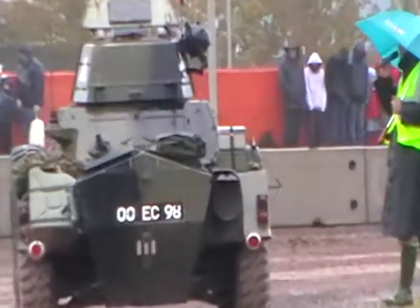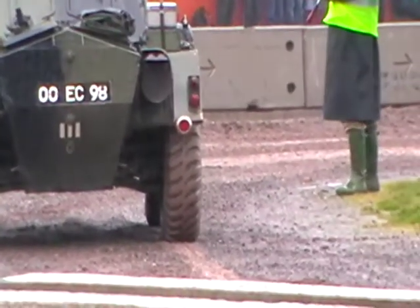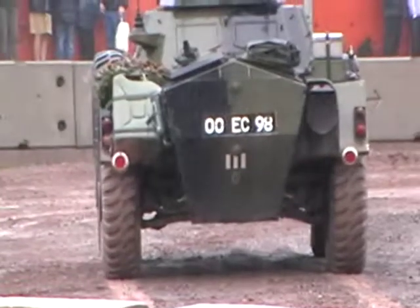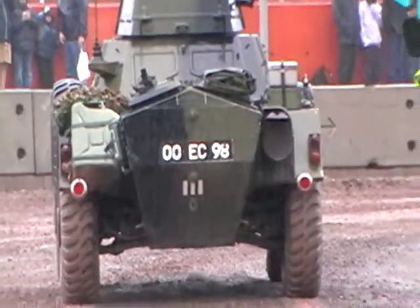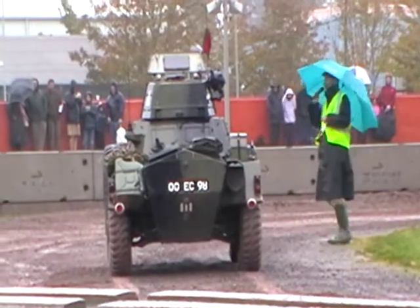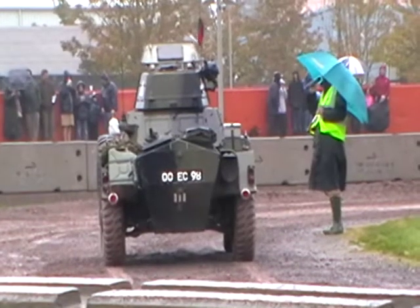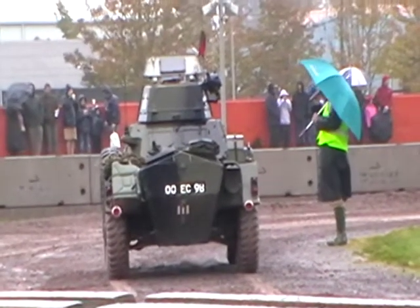Now you'll see things on the Ferret you can see on your car. You've got headlights, side lights, brake lights on the rear. That's because all British Army vehicles have to be road legal. There's other things on this vehicle you won't have on your car. One of them is those stubby little tubes. You'll see them on turrets of tanks, sometimes on the front wings of vehicles, and they're there to hold